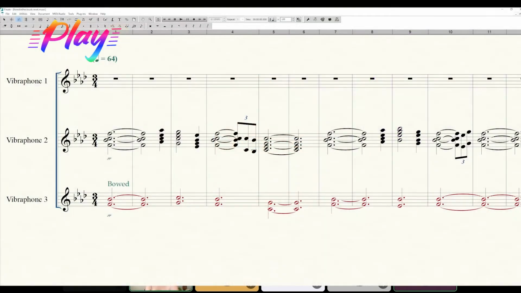Nice. So you see right here, measure four. You have F. You have B flat. You have C, and then you have F again. So it's a little bit of the dissonance between the B flat and the C, but there's so much openness here because you have F, and then right above that you have B flat. You have that fourth, and then you have that major second to the C, and then from there you have the fourth again. You stack these, and it creates this wonderful resonance between different pitches.